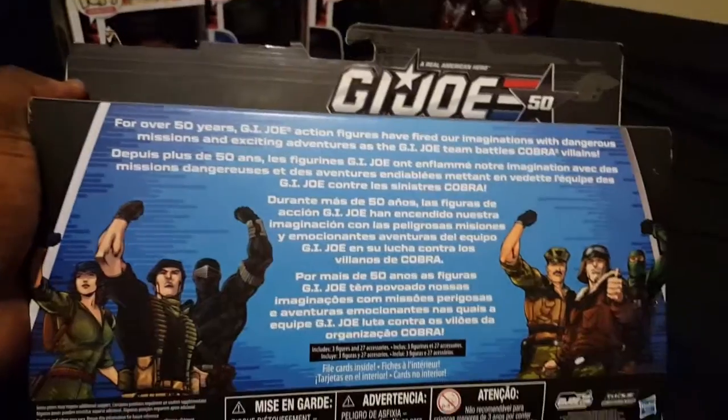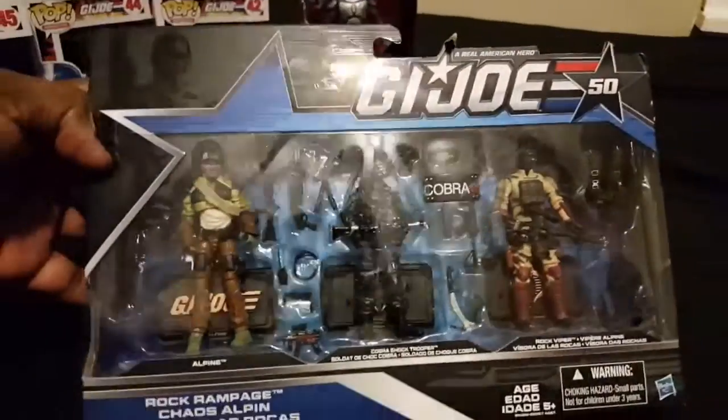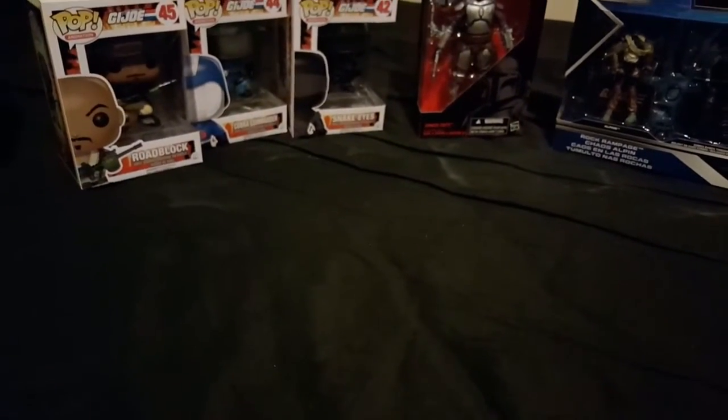I actually went probably about 8, but there are some little variations as far as with the Crimson Guard. Here's the back. Let me just show that off. 50th anniversary. Longtime G.I. Joe fan. Yeah, so there's that. And next up is...